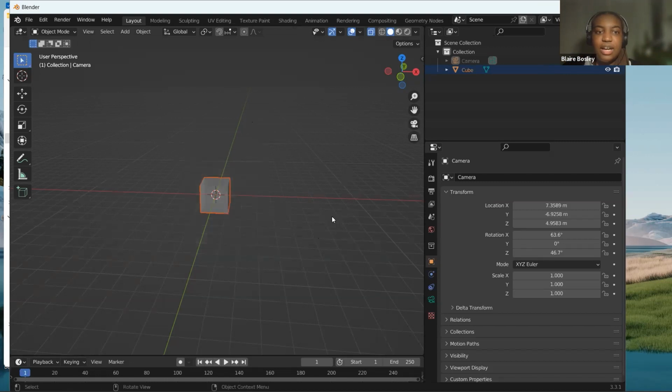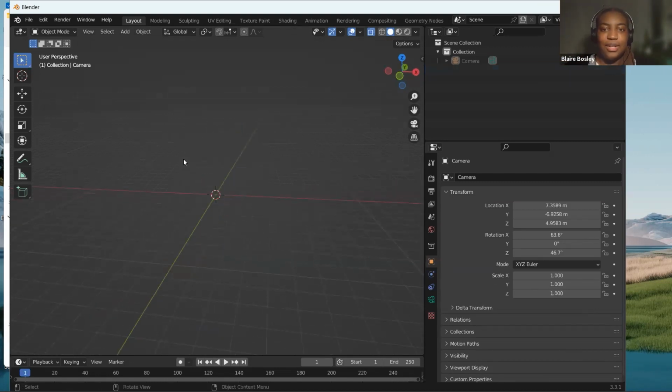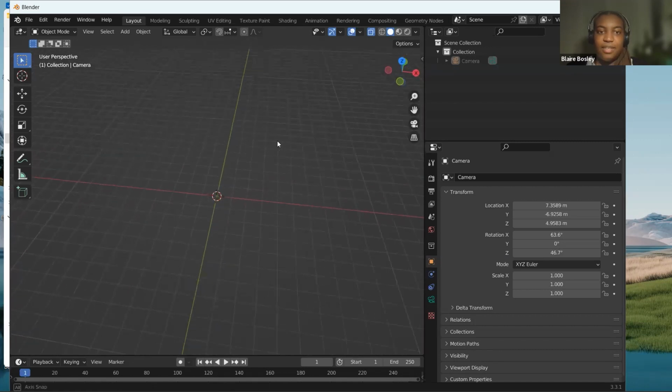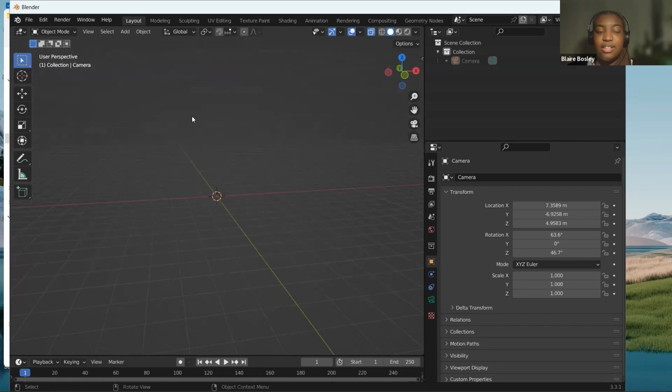So to get started, I am going to delete the cube, I think. Cool. You also see that there's this little, I'm always forgetting the name, cursor. There we go. Cursor in the center of our screen. That's basically showing our origin. If you are not familiar with origins, you should know that there are